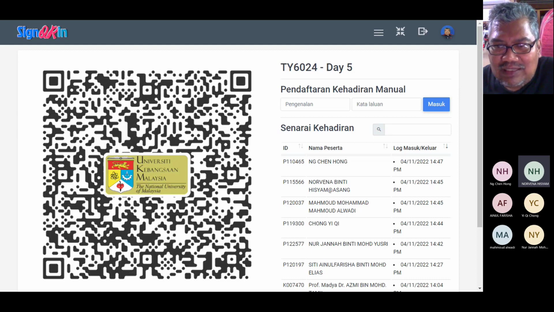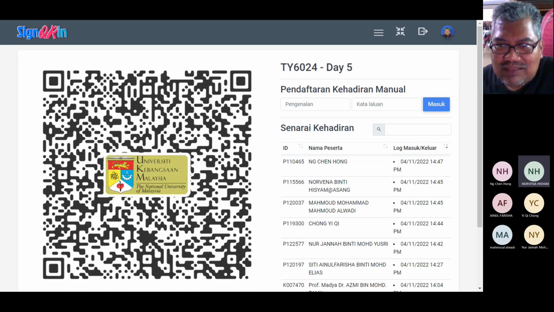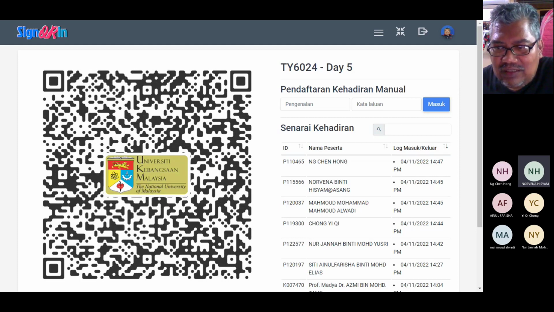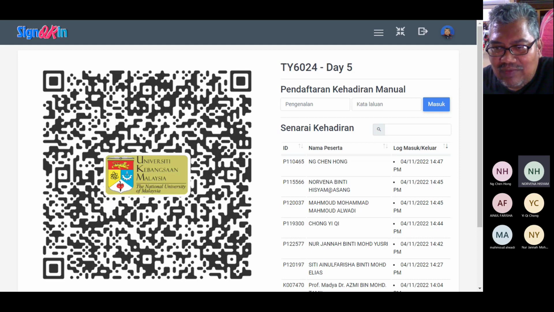Jabatan Statistik Negara, the Department of Statistics, we don't know where they get their data, but somehow their number of deliveries is much higher compared to the number of mortalities that we have. Since the denominator is much higher, 3 times more than what we captured, they end up with a much lower ratio. We still don't know why.